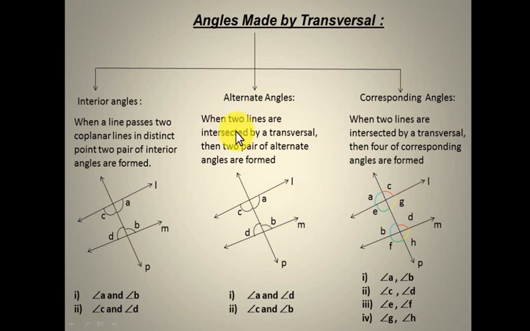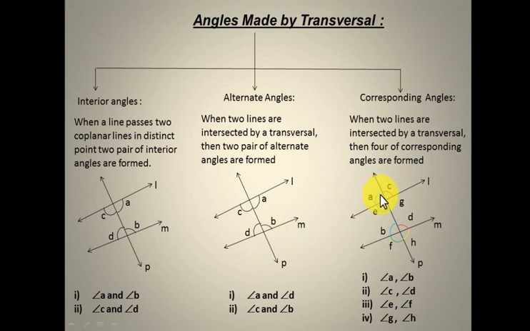In the same way, alternate angles: when two lines are intersected by a transversal, two pairs of alternate angles are formed. Here, as with interior, two pairs of alternate angles are made. I have given the same names so you understand better. This A, B is the interior here, this C, D is also interior on this side. But now we want to talk about alternate. So A and D is one alternate pair. C and B is the other alternate pair. Clear? The same diagram I have taken and I have named all the angles. A, C, F, H are the exterior angles, and G, D, E, B are the interior angles.